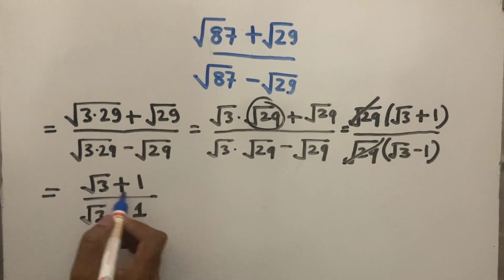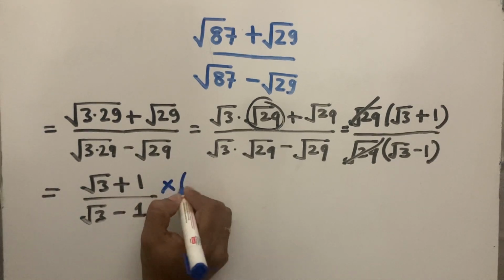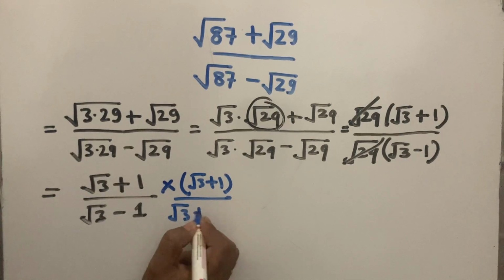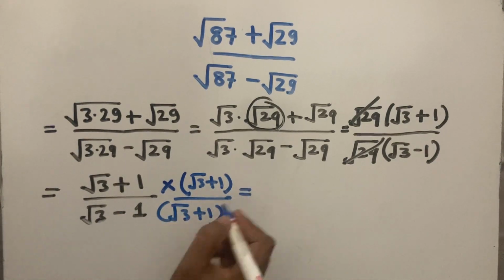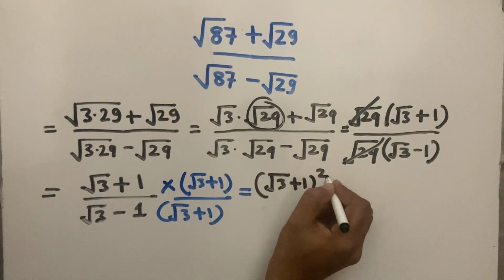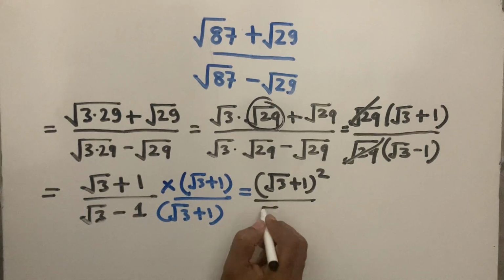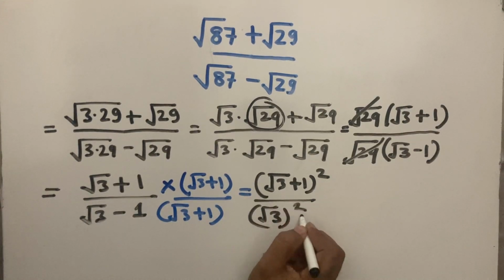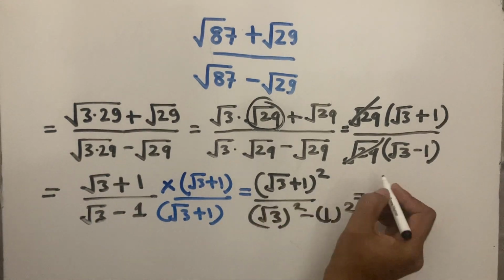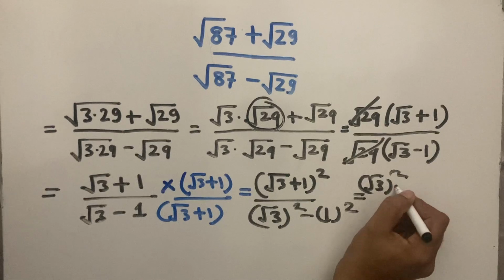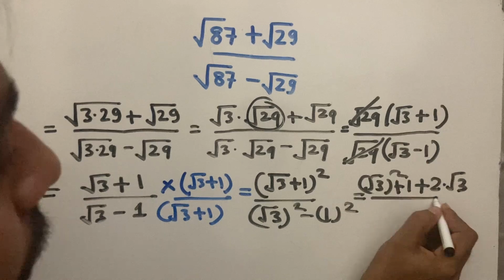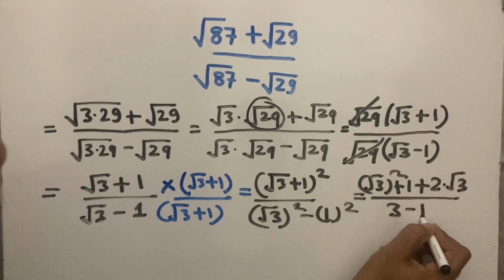Now we are going to rationalize this expression by multiplying (√3 + 1) in the numerator as well as in the denominator. So it will simplify to (√3 + 1)² / ((√3)² − 1²), which is equal to ((√3)² + 1 + 2 × √3) / (3 − 1),